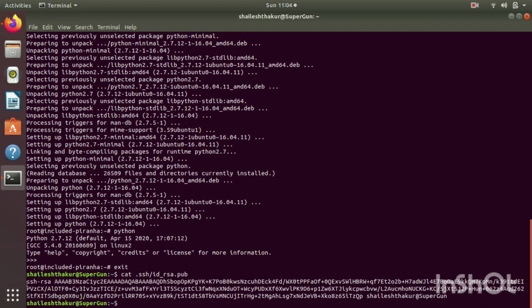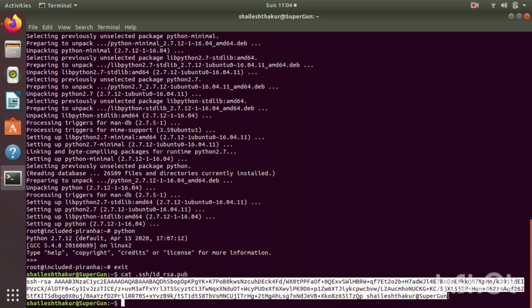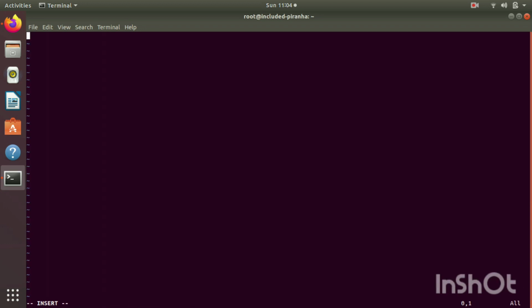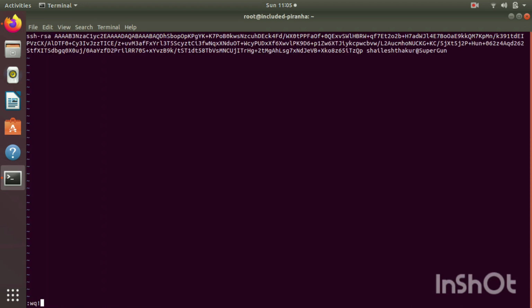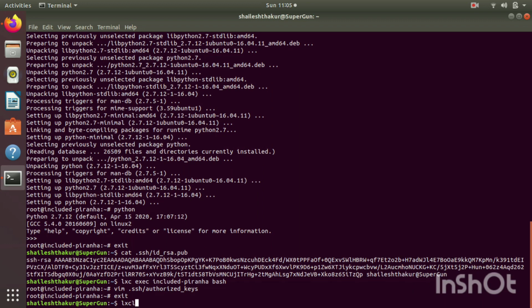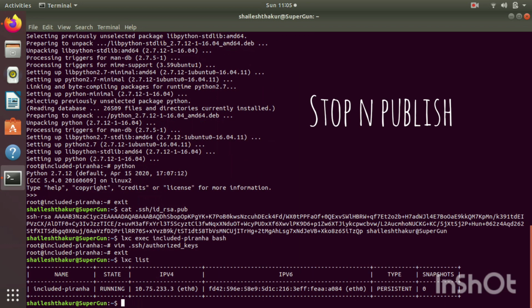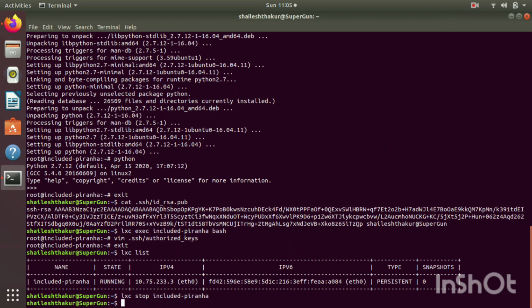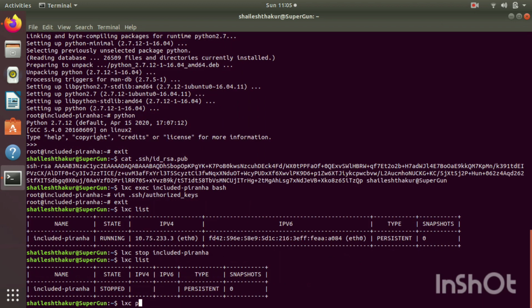So I'm doing the same thing which we did in the snapshot stuff. We are going to make a base image. It's just a demo. So now we are going to take a snapshot. Sorry, not snapshot, I'm going to publish it. Before publishing it, it's good to stop your container. What publishing does is it writes it and makes an image. So you do LXC publish, and give an alias. In this case, I want to make it a base image.